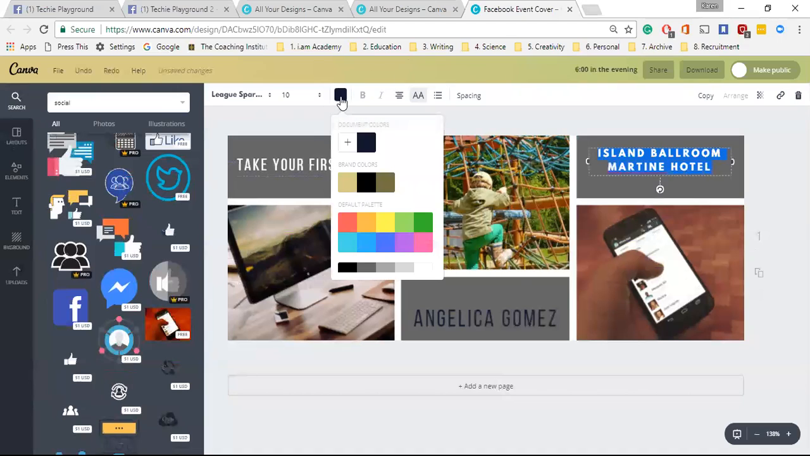Change that to white. And I'm going to change the writing to Techie Toddlers Unite. Techie Toddlers Unite, that's fine. Then I go down to this one,